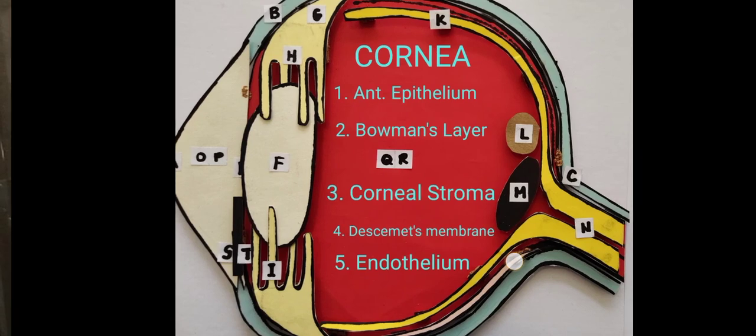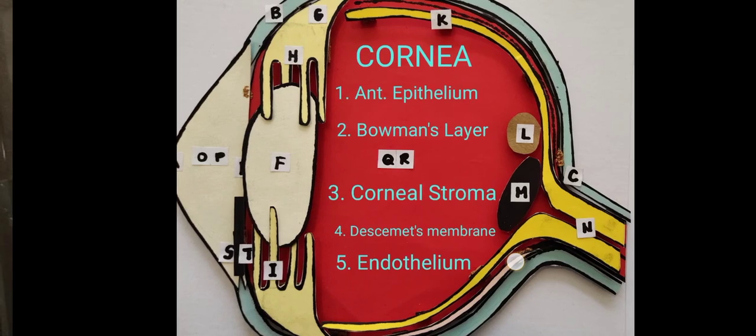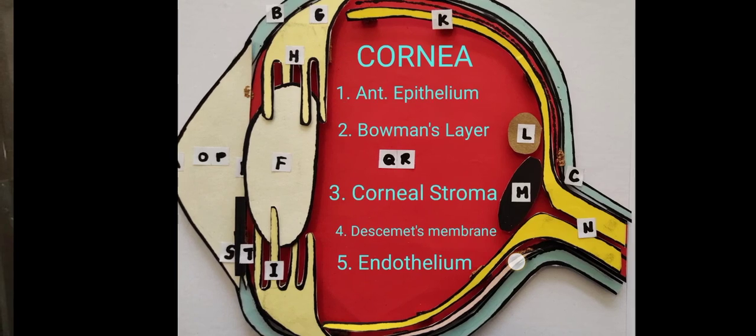The second layer is the Bowman's layer. Now, the Bowman's layer is actually a limiting membrane. It's not just a layer. It's a limiting membrane, like a coral. It limits the other layers of the cornea from spilling over to the other layers. The Bowman's layer is very strong. It's the strongest layer of the cornea,